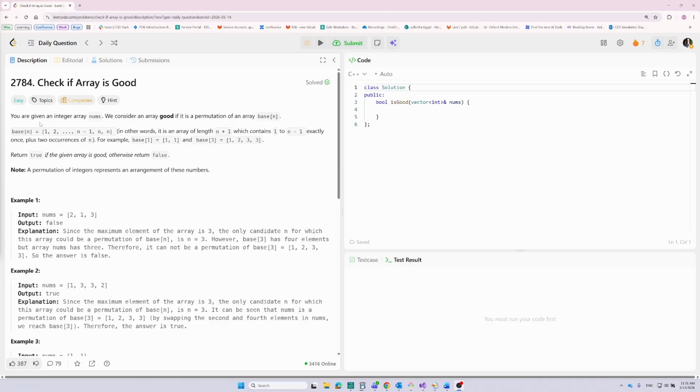So the problem says that we have an array nums. An array is considered good if we have two conditions. It contains all the numbers from 1 to n minus 1 exactly once, and the number n minus 1 appears twice. For example,